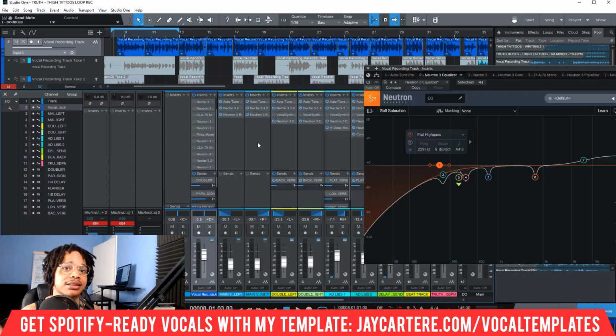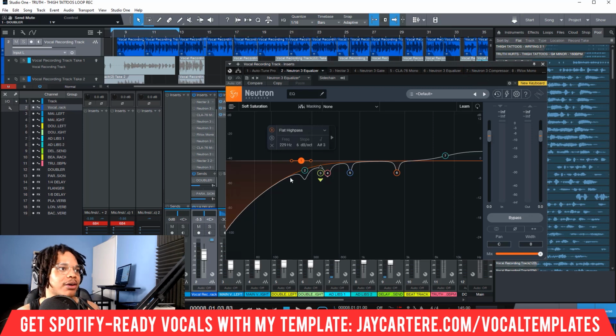I use 5 instances of EQ on my vocal chain in order to take away frequencies, to add frequencies, and to take away more frequencies after specific plugins. For example, for this first EQ, we're doing a little bit of cleanup, cutting to 229 hertz for the bass, and we're cutting out some muddy sections and whatnot. I've already done videos on EQ, so I'm not going to get super deep into this. We've got a high shelf over here to make our vocals a little bit more sharp in the high end,